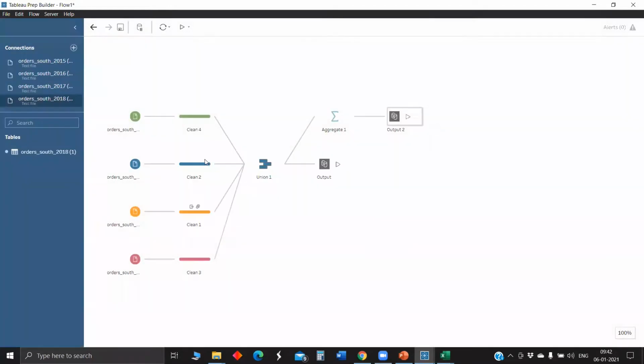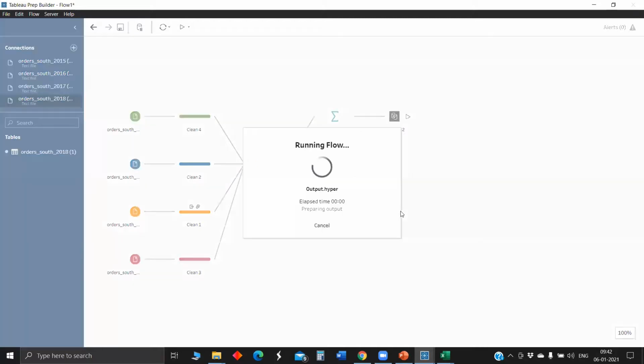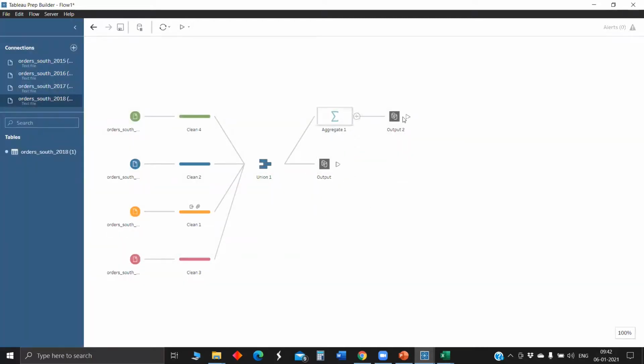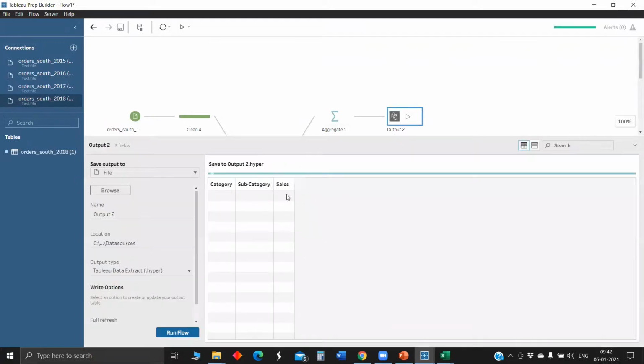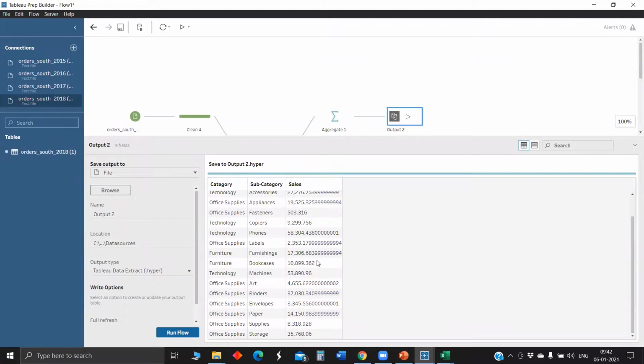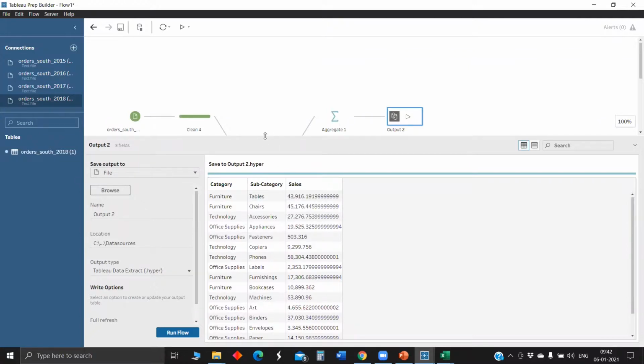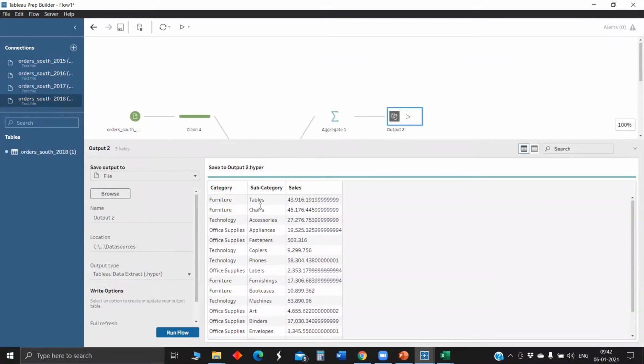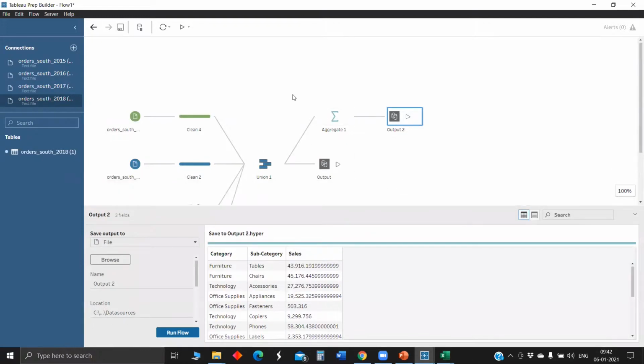What's the catch here is that a flow doesn't generally have only one output. We can generate multiple outputs, in whichever form you want, in a single flow. Here, the entire data will be unioned and come out. But in this Output 2 step, you can see just the category, subcategory and sales. For example, assume a case in a dashboard where you are creating visualizations, with one tab and another tab that is kind of an overview, representing the overall values.